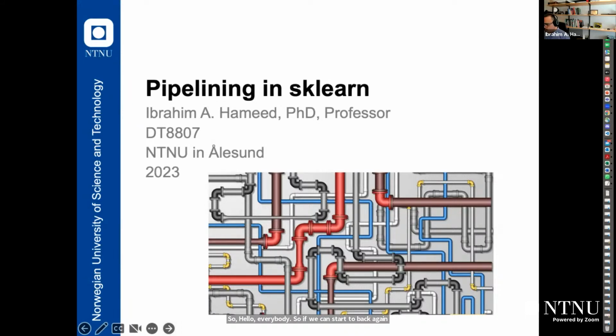Today we also want to talk about pipelining in sklearn, because in sklearn we can build a pipeline in machine learning, and it will help us make our work more professional and easier. Pipelining is an approach where we can combine many different steps into one step, so it will be easy for us to optimize the hyperparameters